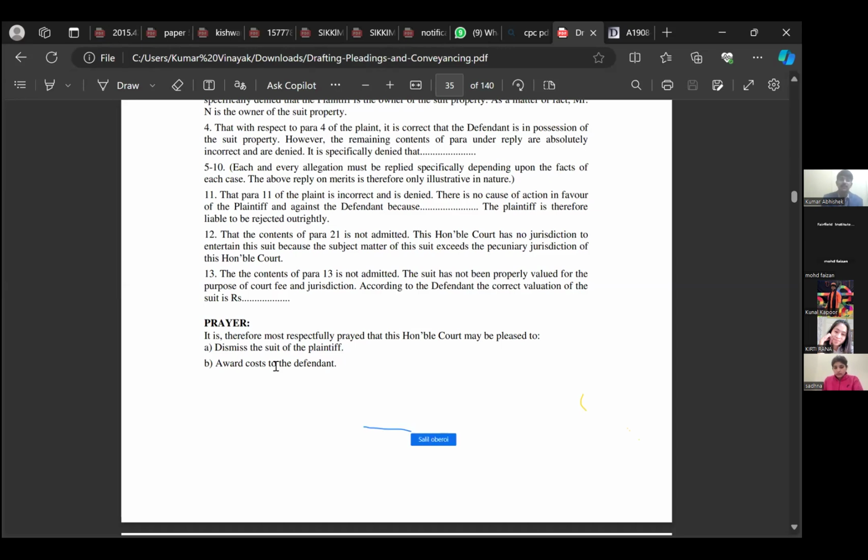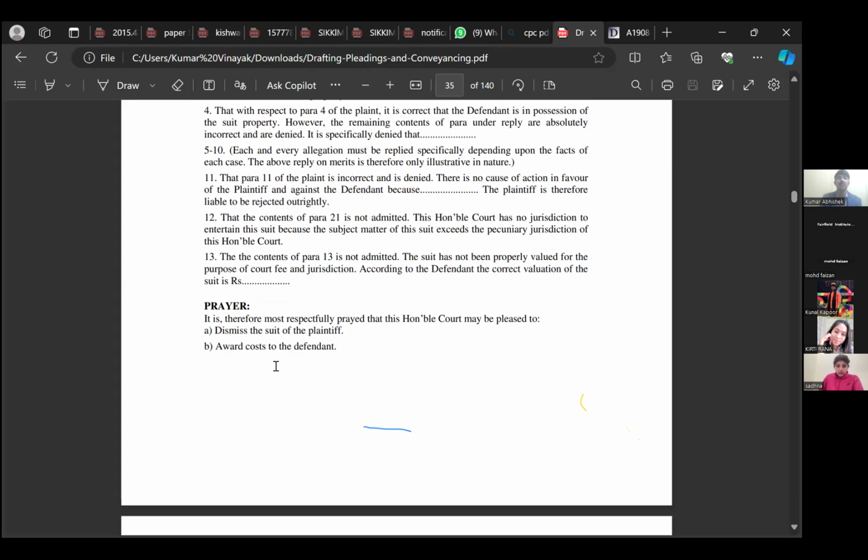So say a court has a pecuniary jurisdiction of 2 lakh rupees and you are making a claim of 3 lakh rupees in the prayers. At that instance you are barring the jurisdiction of that particular court, and your suit would not be admissible. Therefore, you have to be very specific and very clear with the laws, as well as the facts at the time of drafting the